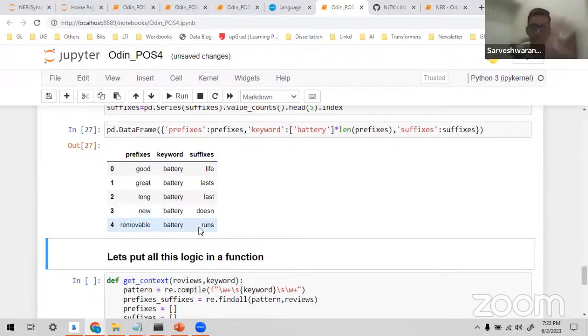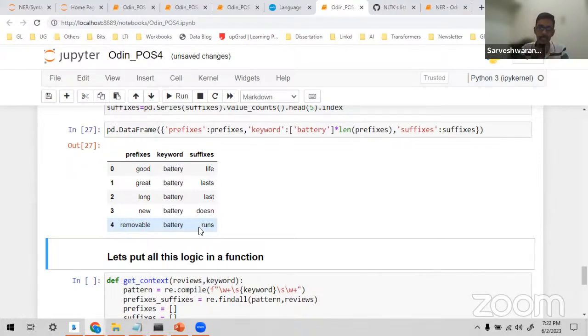So we can extract some useful information. What are they speaking about? My key entity here is the battery. They are giving some positive words, some useful information out of all these feedbacks.